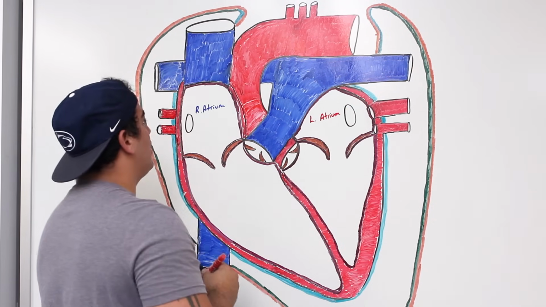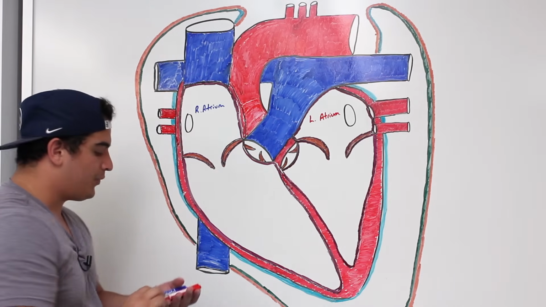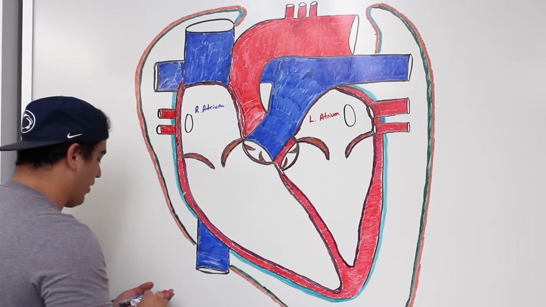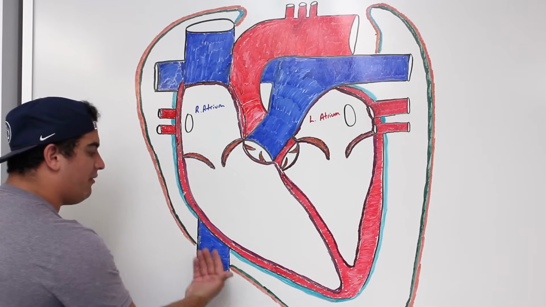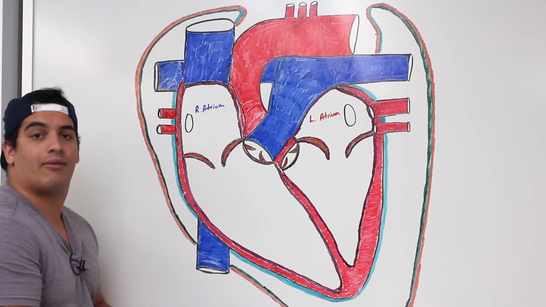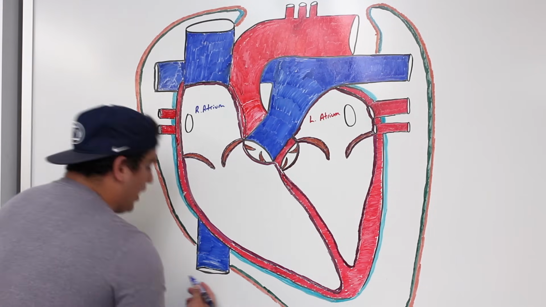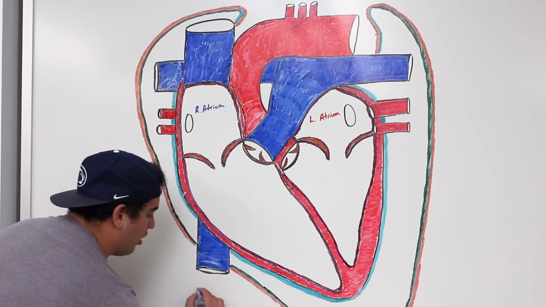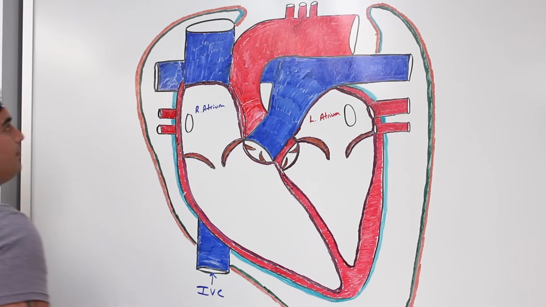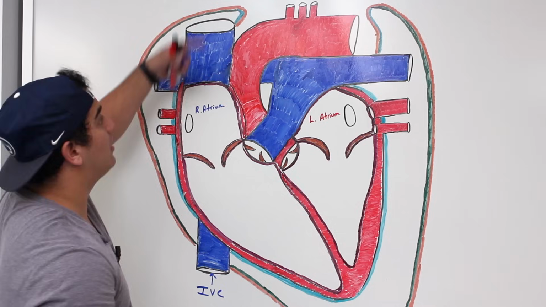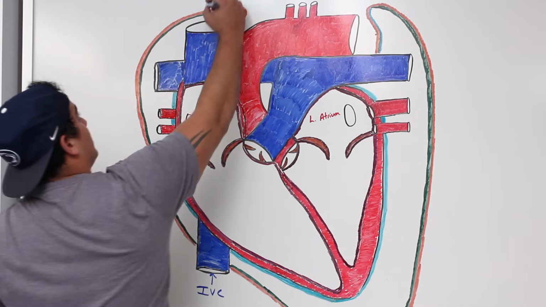If you look at the right atrium, it has 3 big vessels that are emptying blood into this cavity. One is right here. This structure is called the inferior vena cava. It's a big vein that's bringing blood from beneath the diaphragm, from the lower appendages, as well as some of the abdominal viscera and a lot of other structures. So this is called the IVC, the inferior vena cava. Then you have the one that's above the diaphragm, bringing blood from the head, the neck, and even the upper limbs. So this is going to be called the